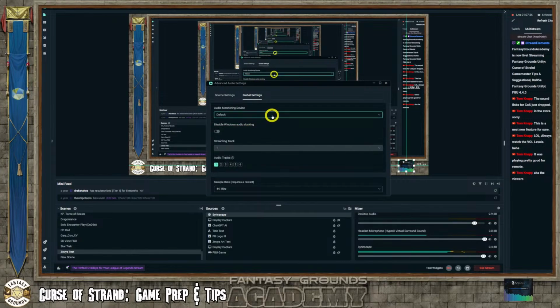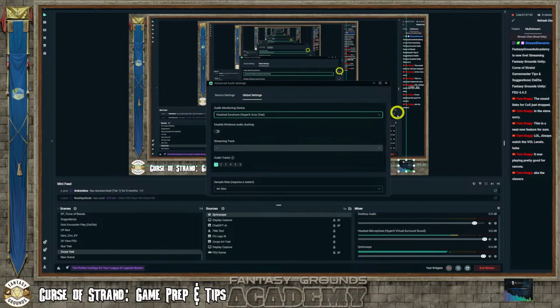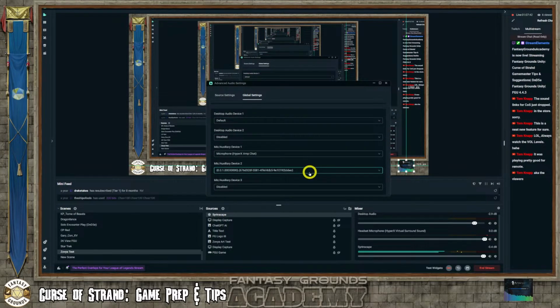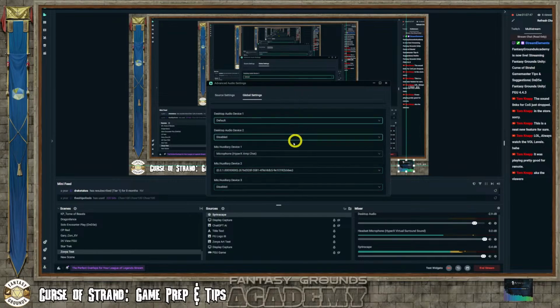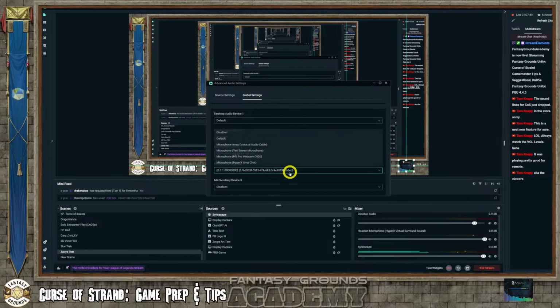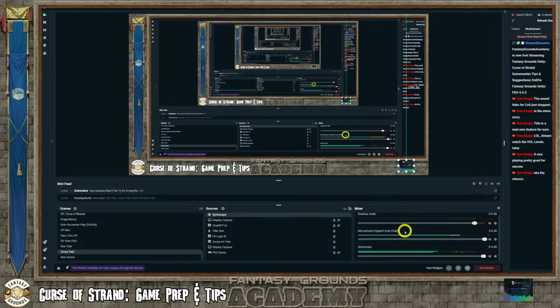But I think if I put this on default or something like that, it's going to change the routing. Let's see. So this is a mic. So this might be what I need to do for something like this. We'll see. But anyways, you've got to change the routing